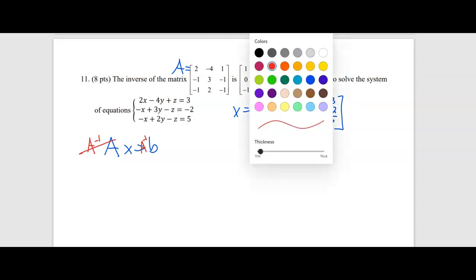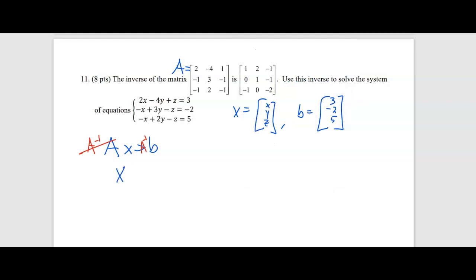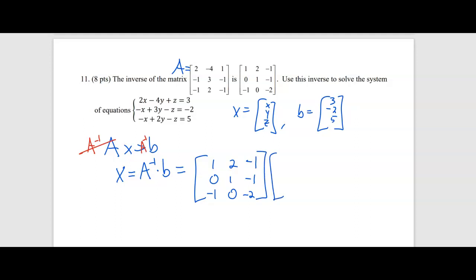And that gives us really Ix, but it ends up being just X equals A inverse times b. So the X is the variable matrix, the solutions we're after. So we take the A inverse, which is given, and this takes a bit of work to find, so it's nice that this is provided for us. And we multiply by the b coefficient matrix,